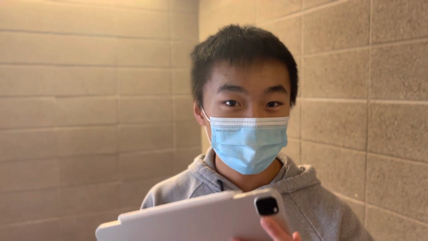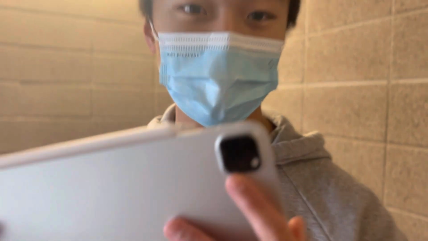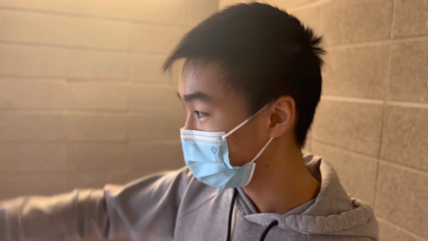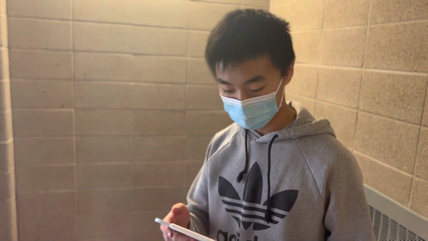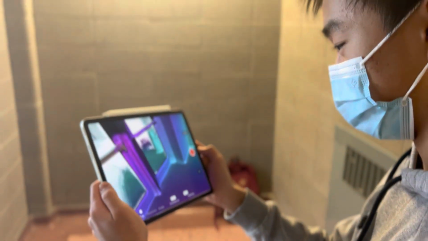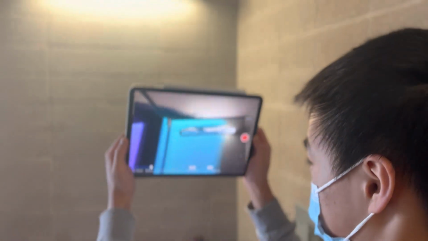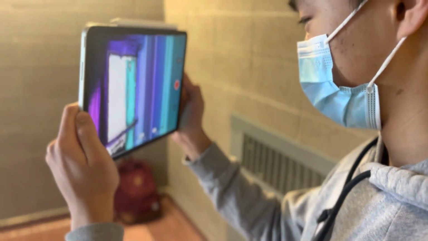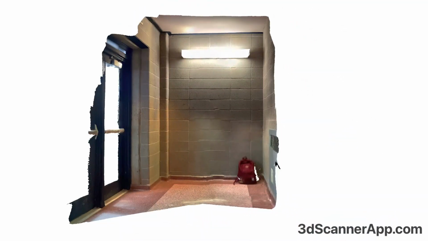As you can see, I have one of the newer iPad Pros here with the LiDAR scanning technology. And we're here at the testing facility, the perfect place to show you this demonstration. So I'm going to start with taking a scan of this area behind me. And as you can see, this is the 3D map that we've created of the testing facility.